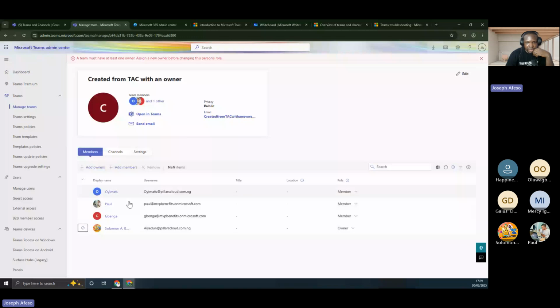The double standard I observe here is that I was able to remove everybody from this team. And then because I've come back now to say, okay, remove Solomon, I'm not sure if you see the double standard, the design issue. So let me make this person an owner.